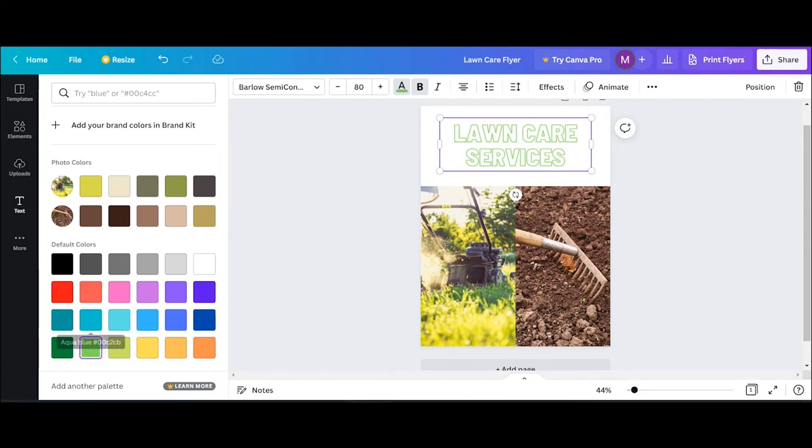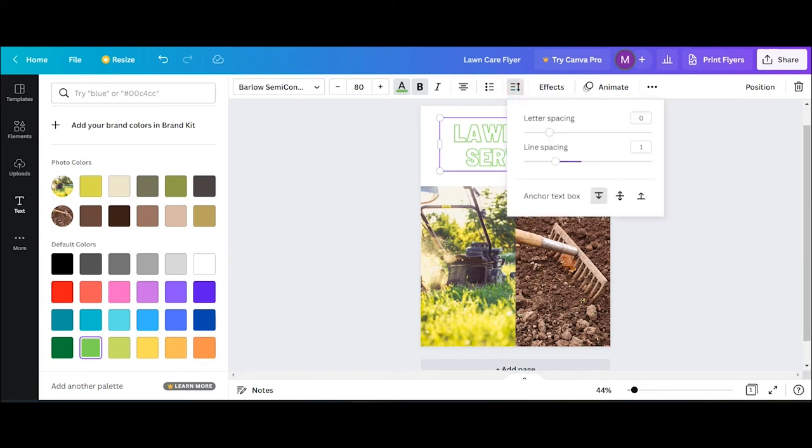There are many options you can change to customize your text. You can make it bold or not bold, choose to italicize it, change the text justification within the box, or even make the text a bullet list. You can also change the line and character spacing,